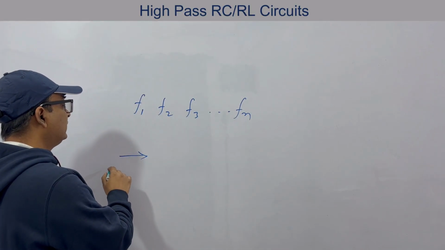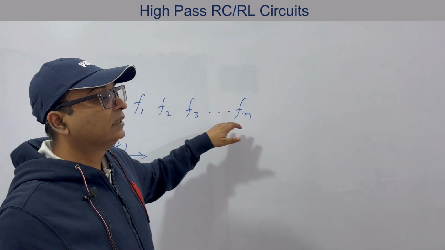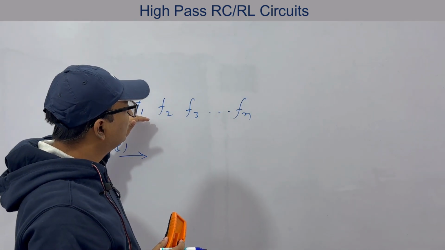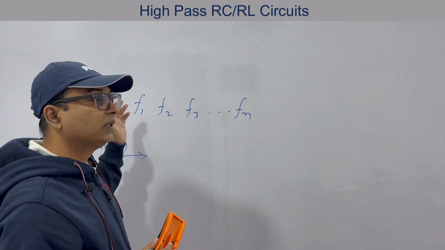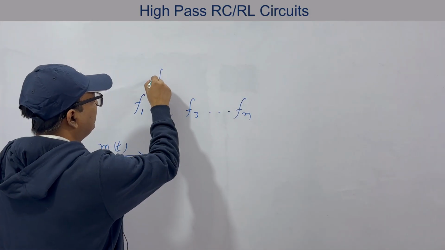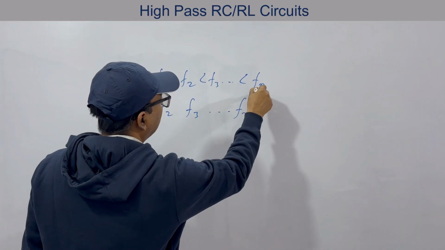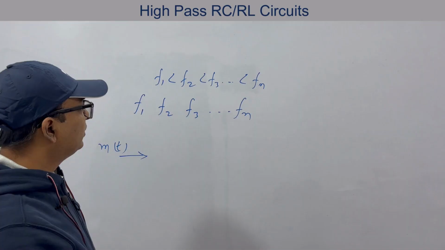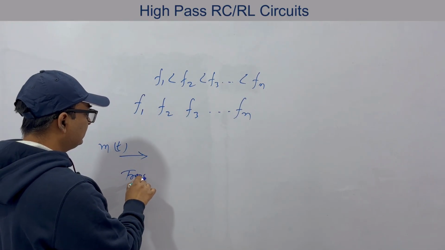Try to understand. When we say we have a message signal, it means it is a combination of several signals. If we are talking of sinusoidal signals, then we have n number of sinusoidal signals with different frequencies, omega 1, omega 2 up to omega n, that is f1, f2, f3, fn. Let's say f1 is less than f2, less than f3, less than fn, that is fn is the signal with highest frequency. So this is the signal, but what we want, this is at the transmitter part, whatever we